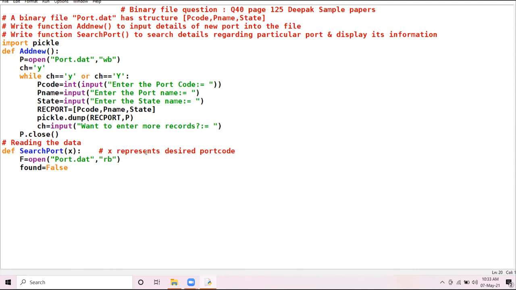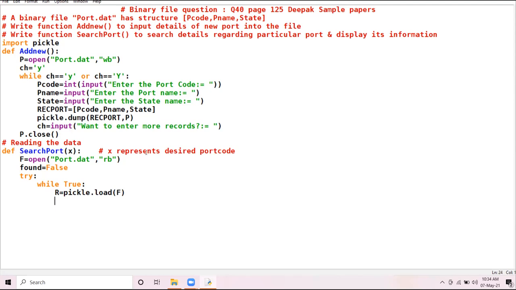If I enter a port code regarding which no detail has been stored in the file, a message should come, record does not exist. Your program should be completely flexible. So using the try block, I will read the data from the file, using the load function of the pickle module.